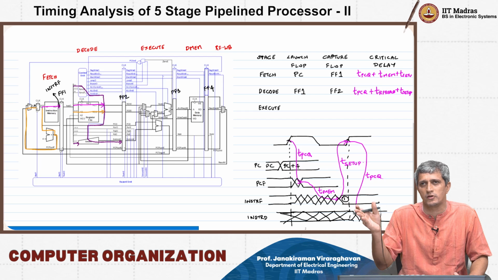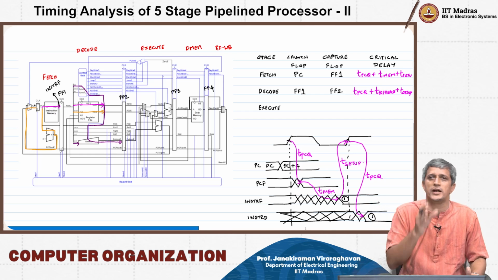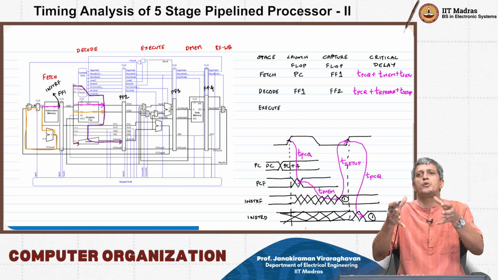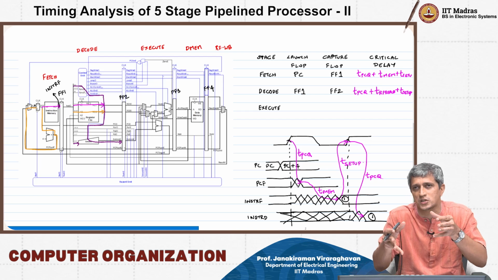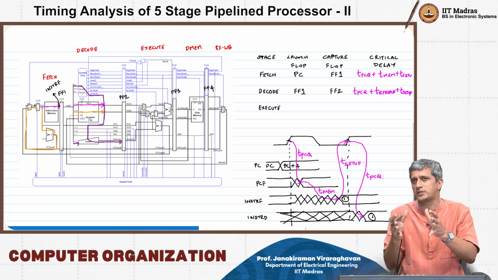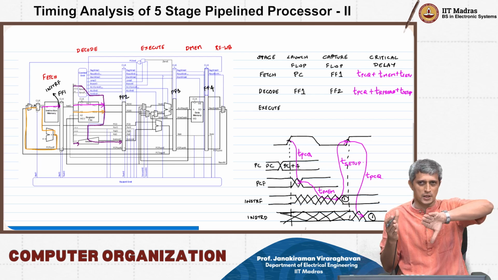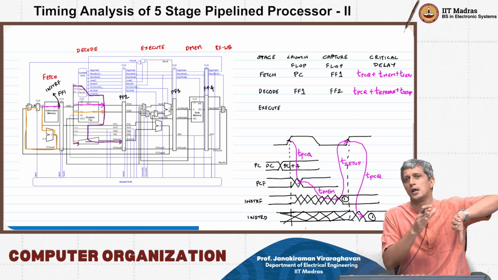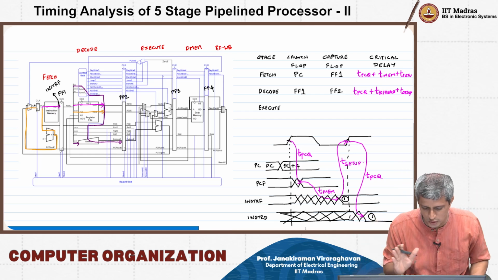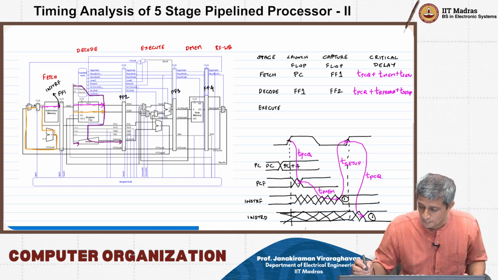that gets captured by flip-flop 2 on the positive edge, but the write is going to happen in the negative edge. So if the register file needs to be used in the same clock cycle for read and for write, then the only way we said was you do the write in the negative half of the clock cycle, but you do the read appropriately in the next half, right? That's why we put that clock bar, and therefore I